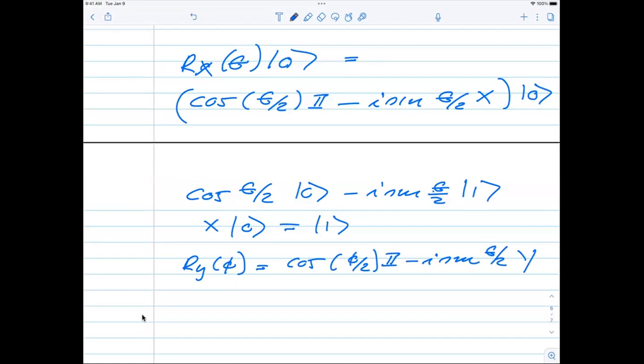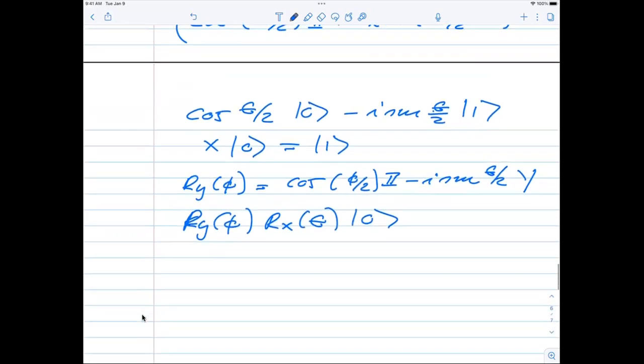So when I take Ry of phi times an Rx of theta acting on the state 0, which I prepared from the beginning,